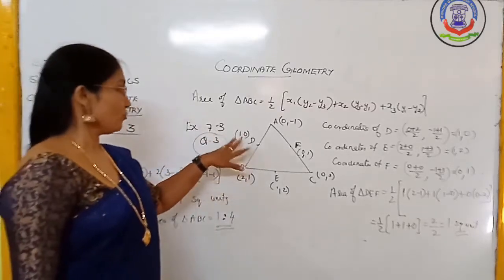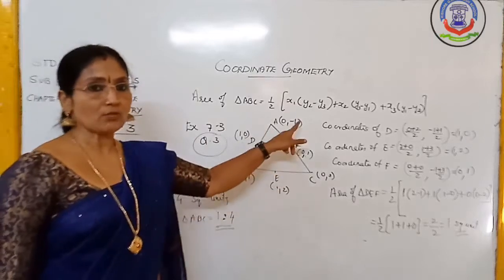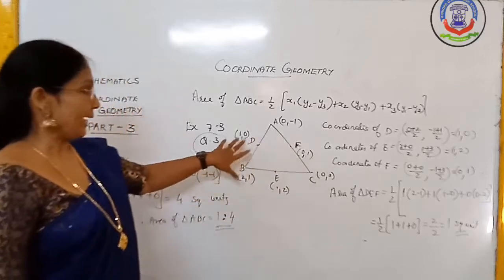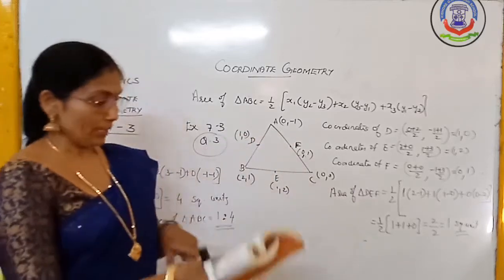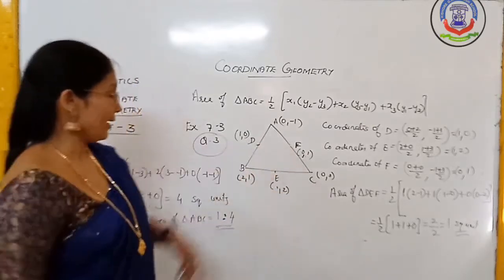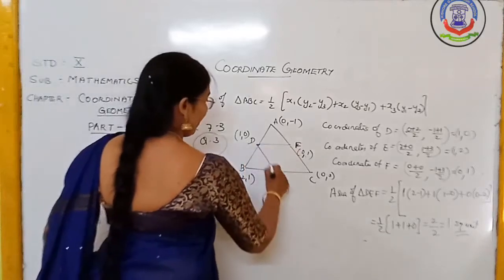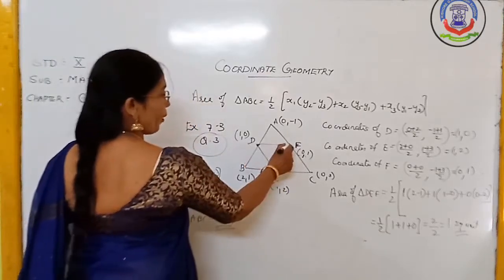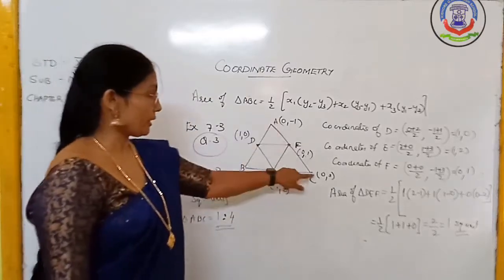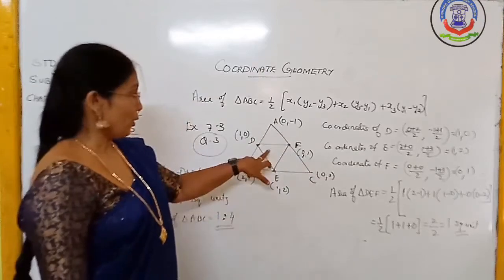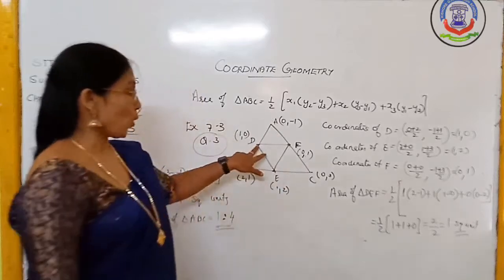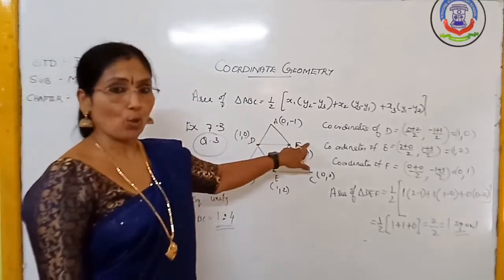It's an important question. What's given here is a triangle whose vertices are 0, minus 1, 2, 1 and 0, 3. Now the question is, if you join the midpoints of the sides of the triangle and make a triangle this way, what is the ratio of this triangle to the original triangle ABC? That means you have to find the area of triangle DEF to the area of triangle ABC. For that purpose, we need the coordinates of D, E as well as F.